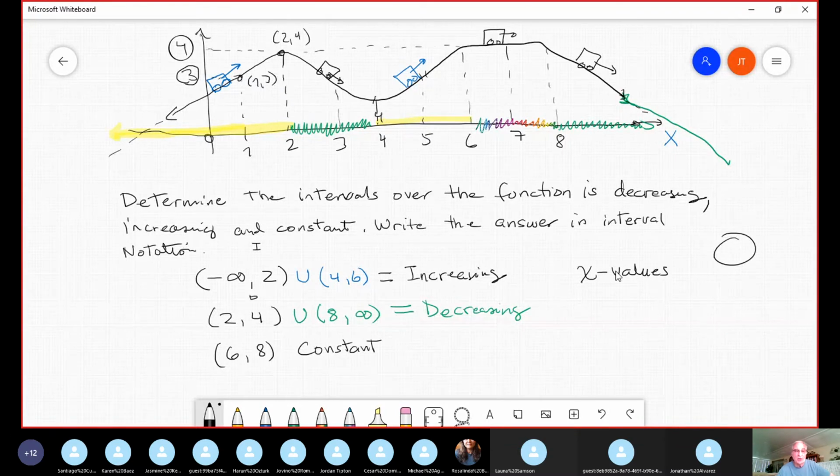Number two, mistake. Some students try to enclose the endpoint using the bracket. No. Why no? What is the behavior at 2? At 2, what happened with the roller coaster? Is it going up or going down? At 2? Nothing, because it's a transition from increasing to decreasing. The behavior at 2 is, I have no idea. It's nothing. The 2 is not inside the increasing interval, neither in the decreasing interval. And this is the typical point. This point is a transition,